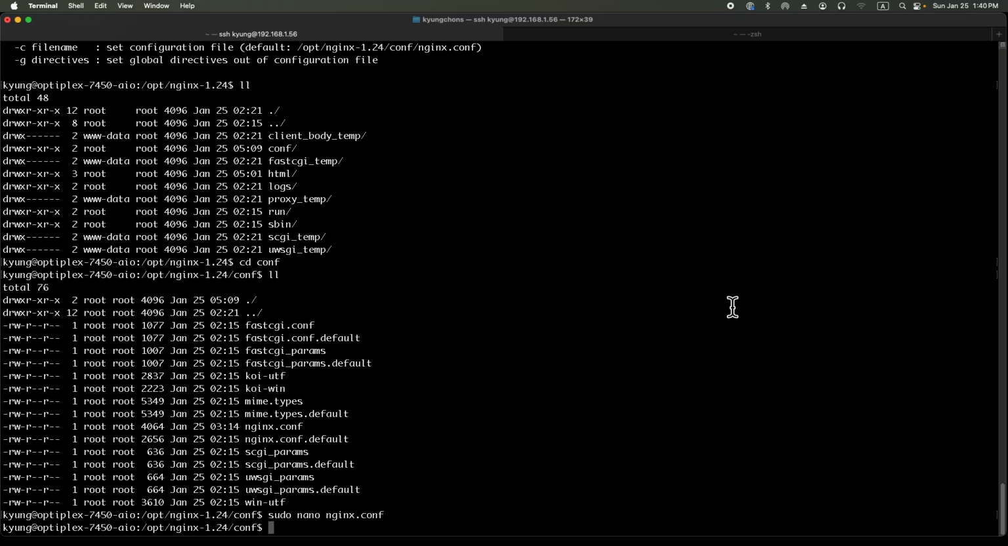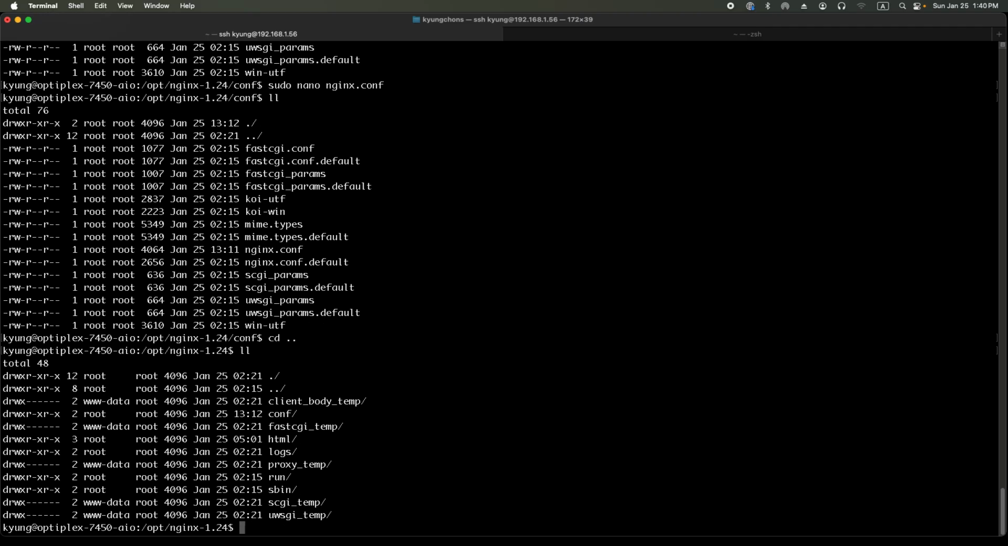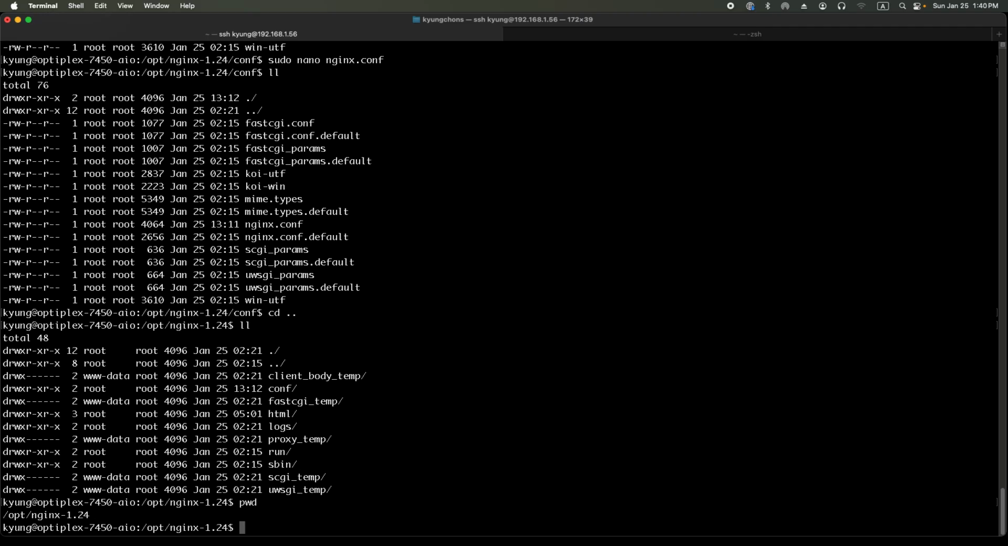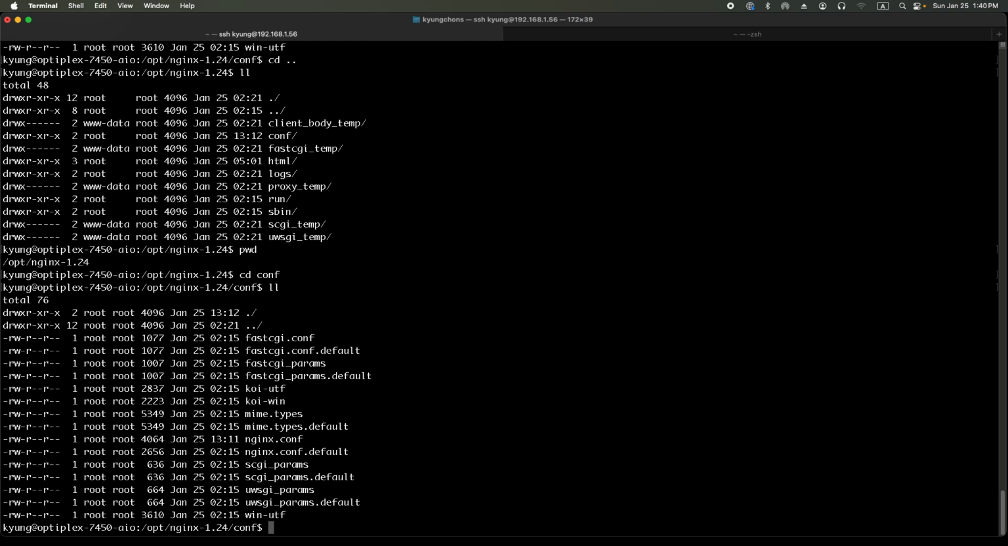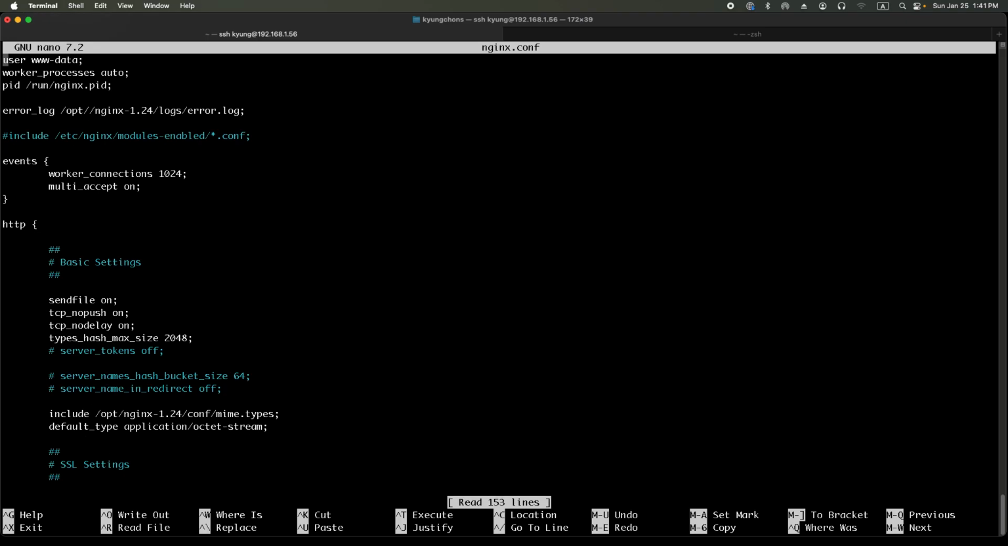Okay, and then let's go back to the command line tool. Actually, I entered my remote Ubuntu server, and here the current directory is /opt/nginx-1.24, and then go to conf. There are many files. I updated the nginx.conf file, actually: sudo nano nginx.conf. And I need to enter the passcode. Okay, here is